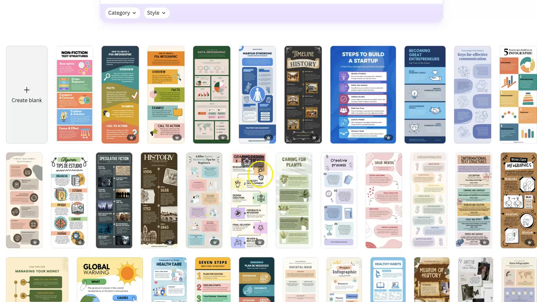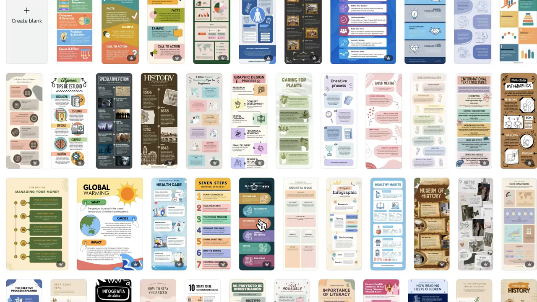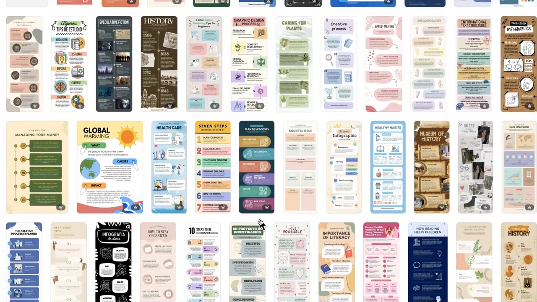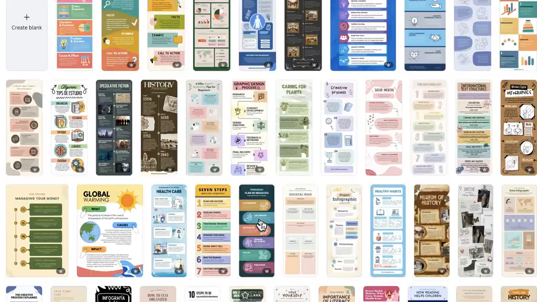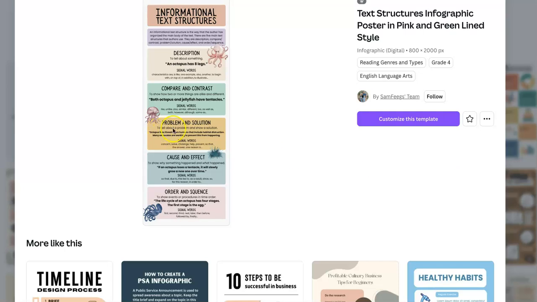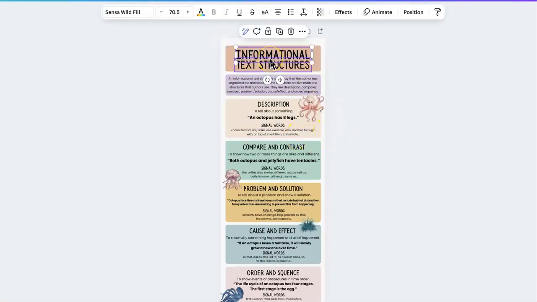This one has 6. You can find one that has 7, or like I said, you can add one or delete it. So let's say if I go right over here, let's just say I choose this one. And I'm going to hit customize this template, and then the way I'm going to do it is I'm going to put ISTE